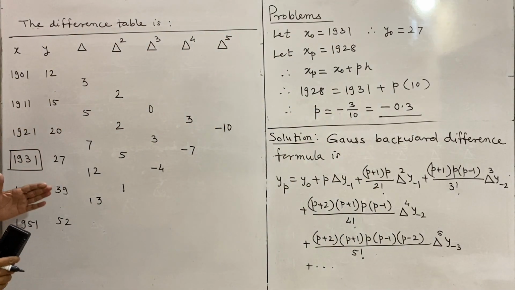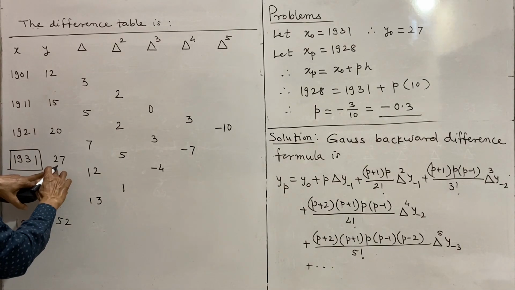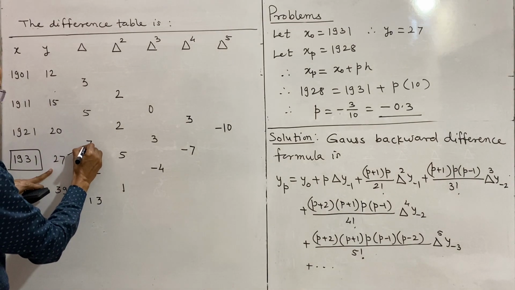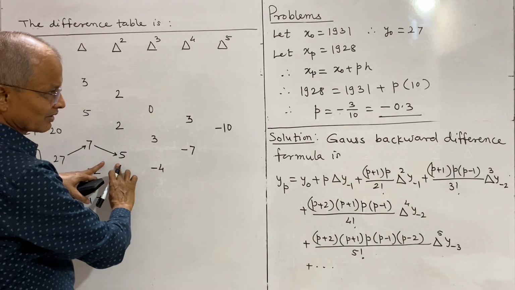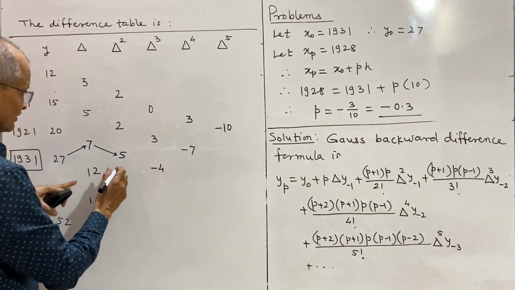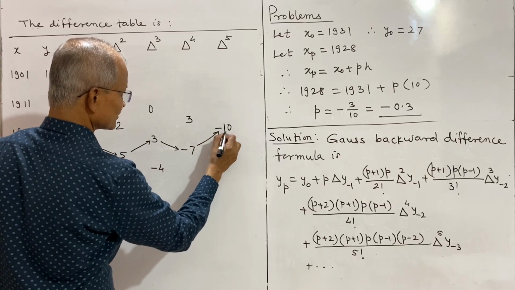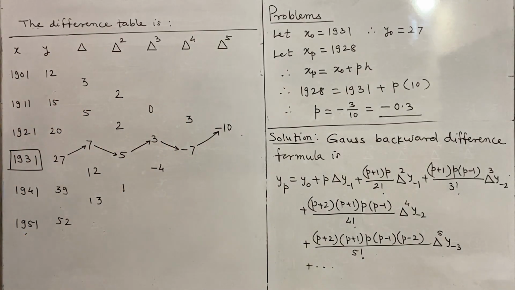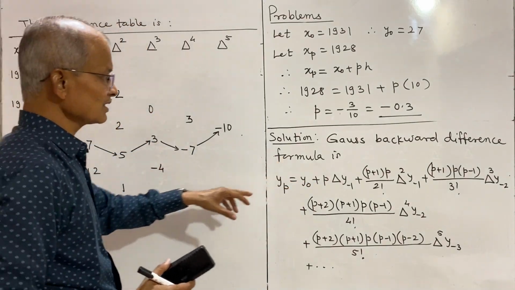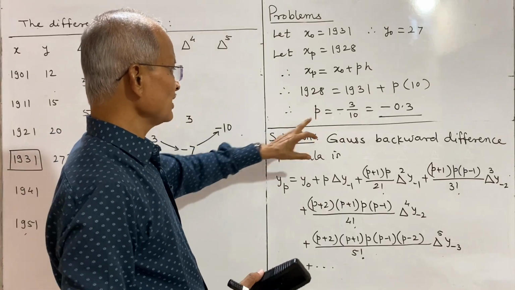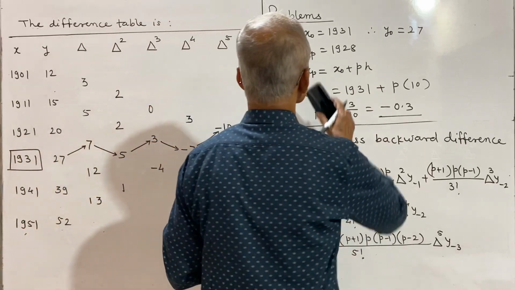Now we have to consider the differences for the Gauss backward difference formula. We have y naught, then slightly upward, then slightly downward. This is delta y minus 1, then delta square y minus 1 accordingly, then slightly upward, slightly downward, and slightly upward. Here it stops. These are the values of the differences on the right side of the formula. So using this value of p and the differences from the table in the Gauss backward formula, we get